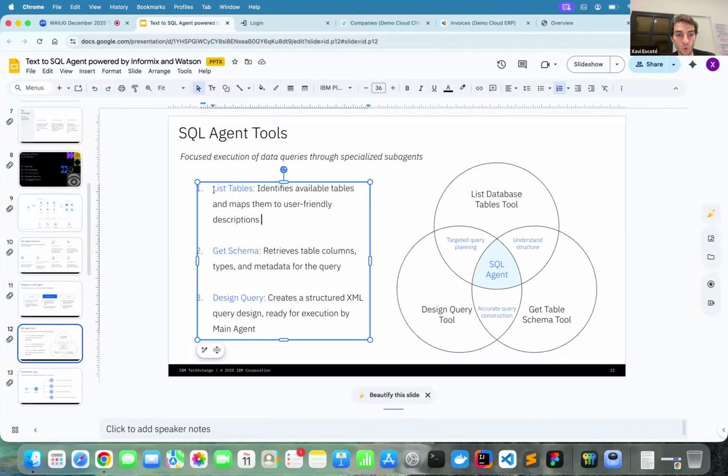So once it has the list of tables, it can then decide what specific schema to fetch from the list of tables. And this tool retrieves the table columns, including their types, the check constraints, foreign key relationships, everything. So it obtains the information of the tables that it needs to formulate the query. So once it has the table schemas of these tables, it can go ahead and use the design query